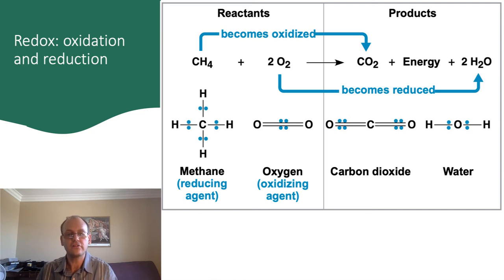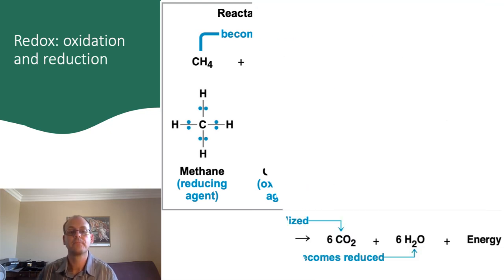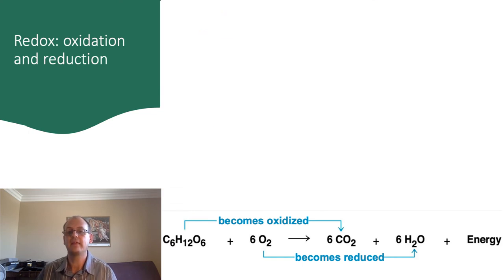Similarly, the oxygen molecule, O2, shares electrons equally between the two oxygen atoms. The oxygen molecule gets reduced to water, in which the oxygen attracts the electrons much more strongly than the hydrogen atoms. This gain of electrons is reduction. We can see the same thing happening in the oxidation of sugar molecules. If we were to attract the electrons in the same way, we would see that the glucose molecule here is oxidized to carbon dioxide, and the oxygen molecule is reduced to water.